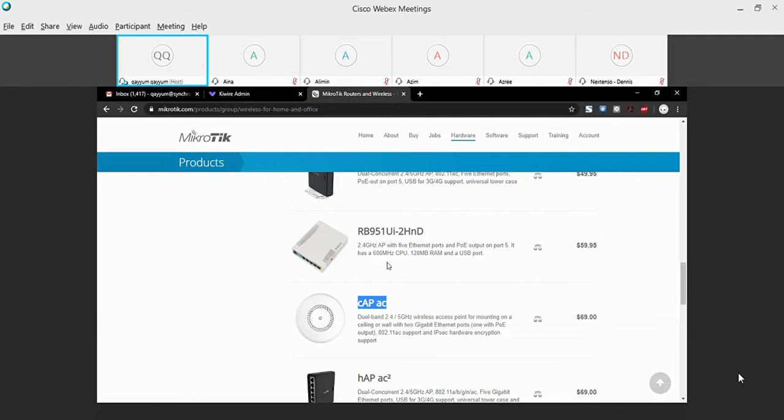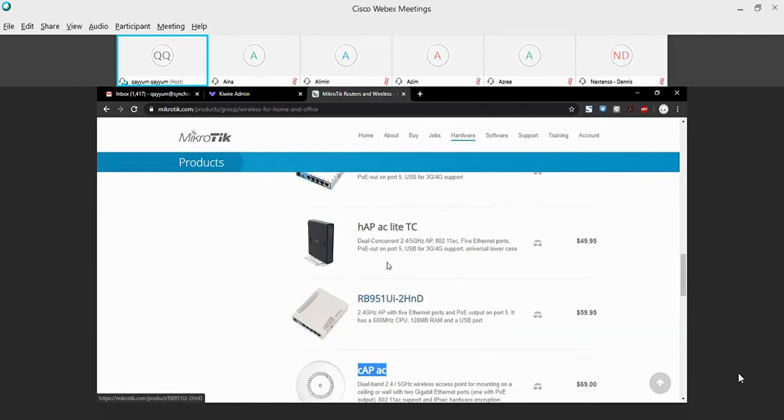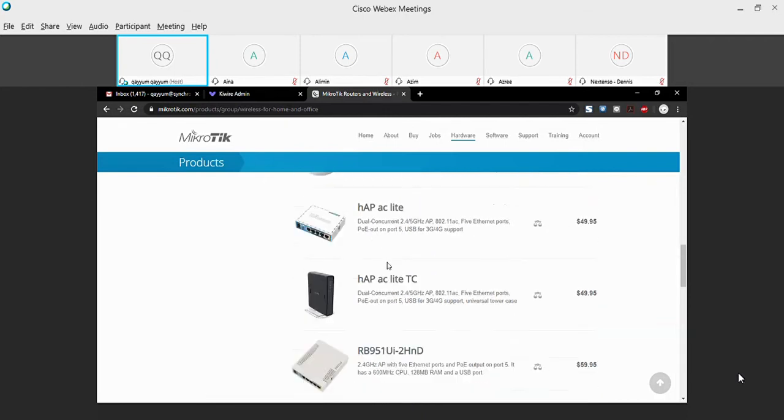Any MikroTik router can be a CAPsMAN manager, but take note that you have to choose depending on your deployment. If you have a bigger deployment, with more than 50 CAPs for example, you don't use a home router like HAP AC.